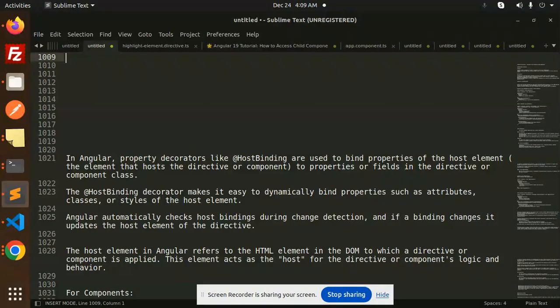Let's get started. In Angular, property decorators like HostBinding are used to bind the properties of the host element. It might be the CSS class, font size, color, it could be anything. The HostBinding decorator makes it easy to dynamically bind properties such as classes and styles of the host element. Angular automatically checks the host binding during change detection, and if the binding changes, it updates the host element